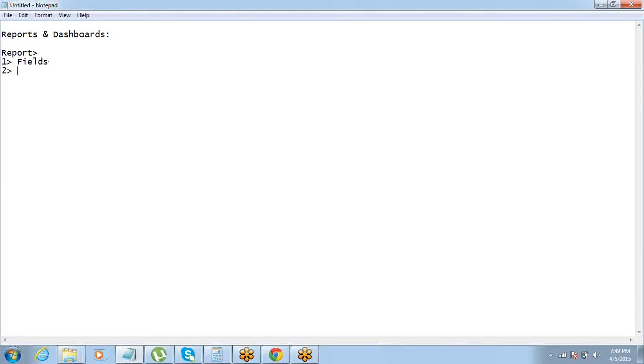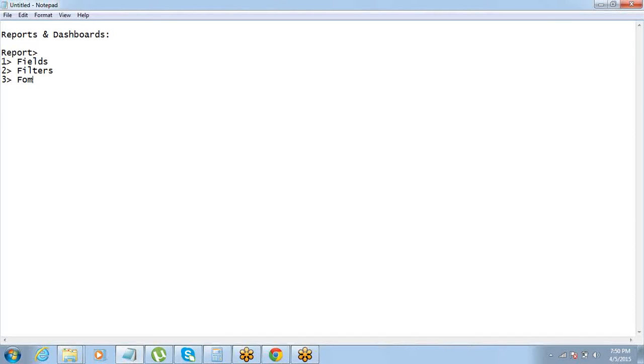So the fields, and second, filters. Filters define the criteria which records should be included in the report. So again, if I ask you to create a report on accounts, you might also want to understand which accounts. Am I talking about all the accounts, or am I talking about accounts from a particular country, or accounts from a particular industry, or accounts from a particular customer type, or the ones which were created in last 3 months. So some criteria, right? So that is called filter.